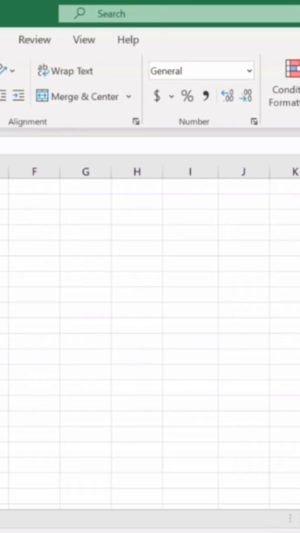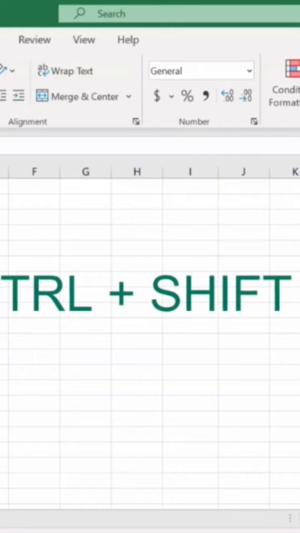So to do this, click in cell A1 and then hold down Control Shift down arrow. Keep in mind, this is a 3-keystroke keyboard shortcut, so